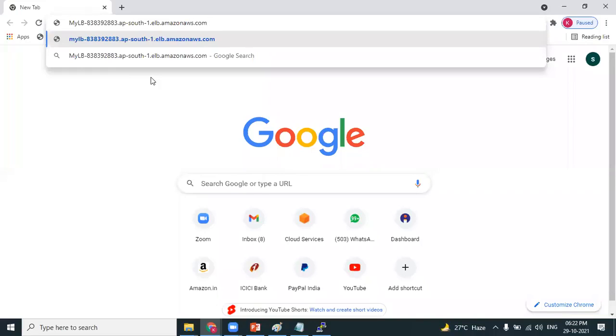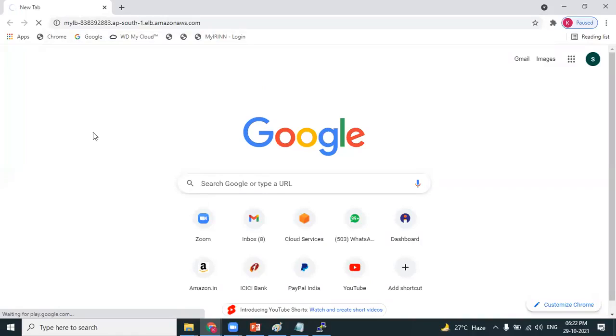What are you getting? My Google 2. My Google 2 is nothing but the traffic being diverted to the second EC2 machine. Okay. And you click on refresh. Now you're getting 1. Again, refresh, 2. So the response will go one by one. It will go to the first EC2, then the second. Traffic is equally distributed because we don't want the complete load to be dumped on one particular EC2 machine, isn't it?